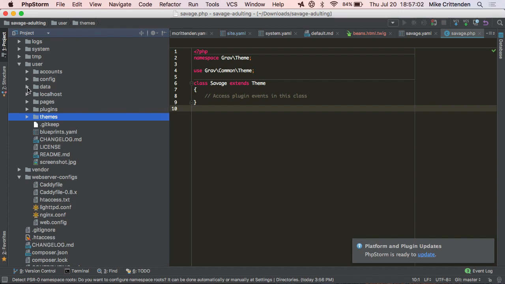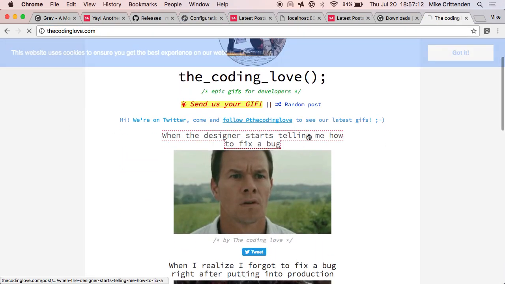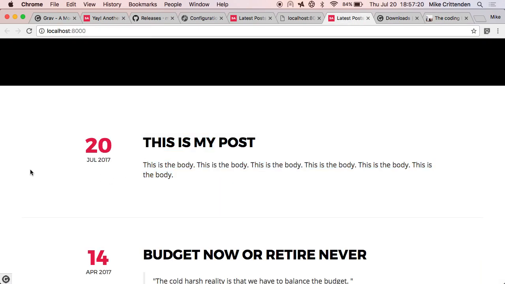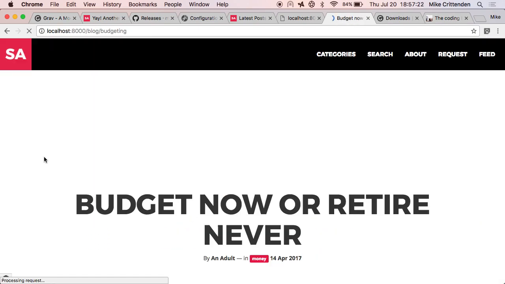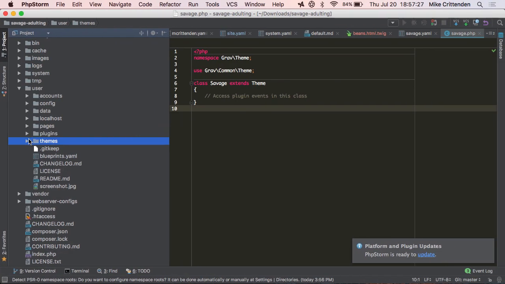So now what I wanted to do is create a really simple feature. Have you guys ever been to like thecodinglove.com? You know, those meme sites that have a title and just a GIF underneath. Yeah, so I'm going to do exactly that. Instead of having a title and body, like an actual post, I want to allow just title and GIF. First of all, I'm going to do that at a code level without updating the admin, and then I will show the admin how to know about this new field that I've created.